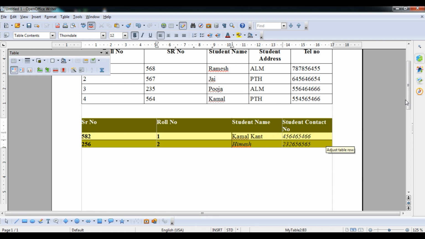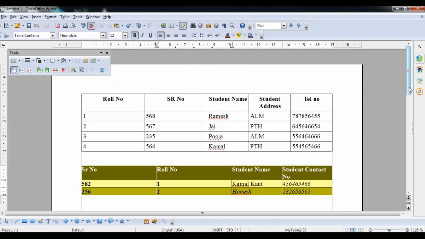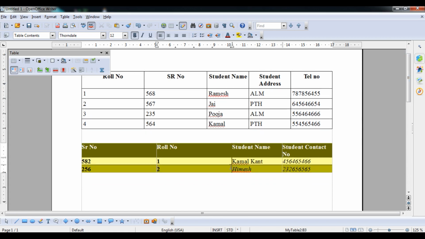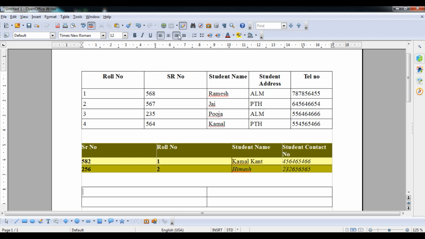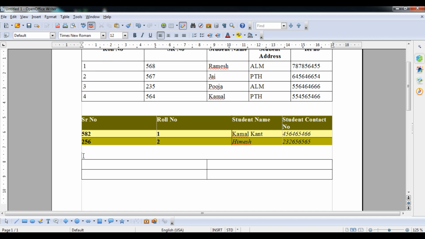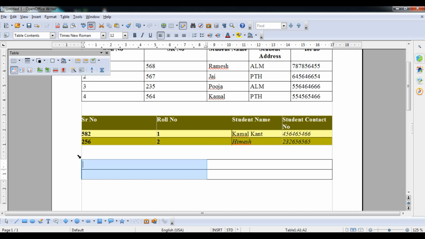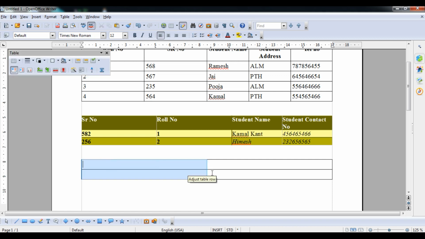Okay, the new thing student, I will teach you how to delete a table. So to delete a table, what we are going to do student, I will insert a new table. Now if I am going to delete this table, first of all you have to select this particular table, or you can select like this also. You have to wait for this column, or you wait for this arrow. It will select the whole table, it will select only a particular column, it will select only a particular row, okay.